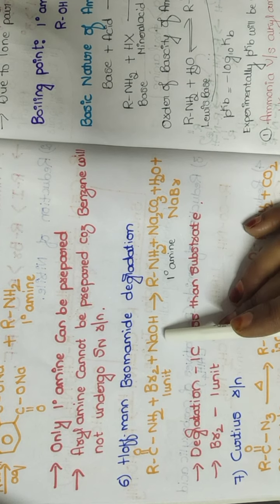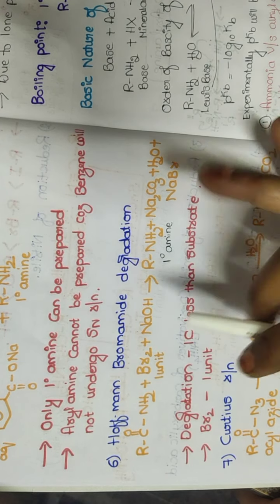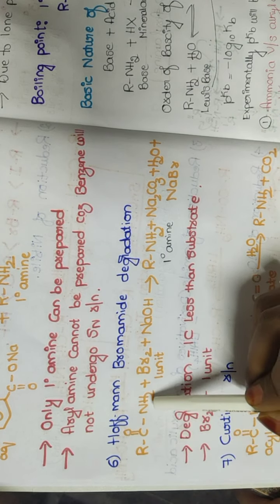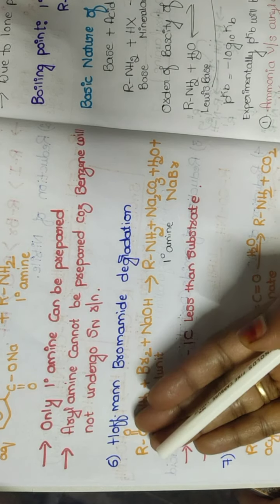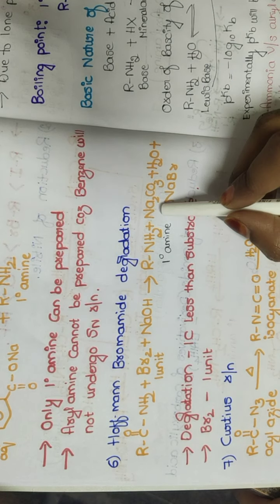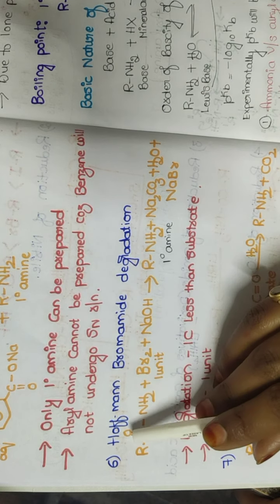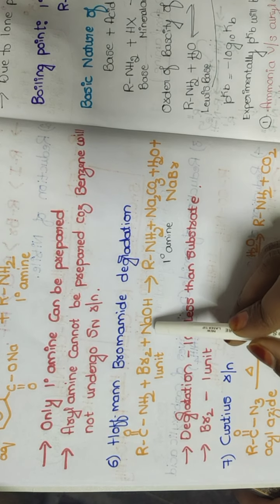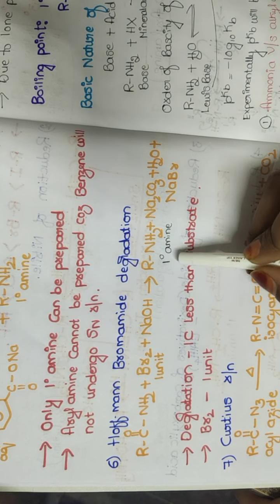In presence of NaOH. So what is the reaction happening here? Very simple. I already have RNH2 here. I have to remove this devil, that is the carbonyl group. The carbonyl group which is coming out will combine with NaO to form Na2CO3, followed by an elimination of water molecule and sodium bromide as a byproduct. So we are ending up with a primary amine.